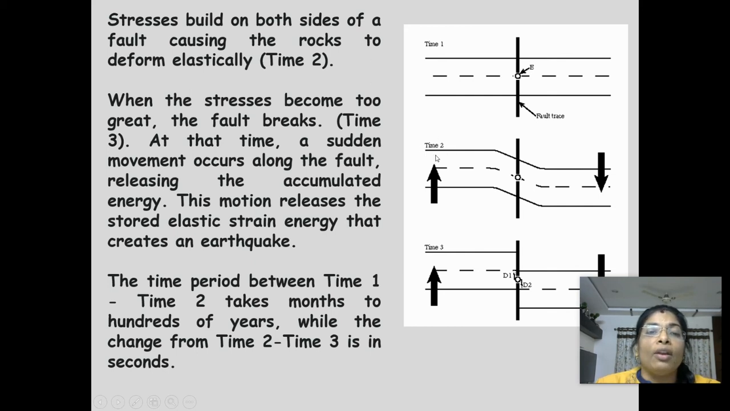When the stresses become too great, the fault breaks, and this is during time frame 3. At this time, a sudden movement occurs in the fault, releasing the accumulated energy. This motion releases the stored elastic strain energy that causes an earthquake. The time period between the first time frame and the second time frame takes from months to hundreds of years, while